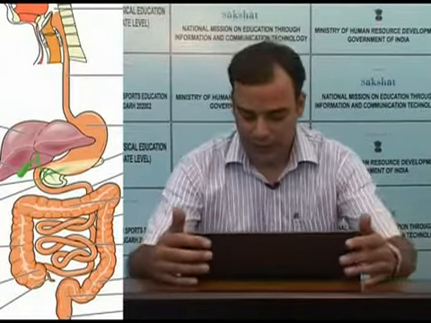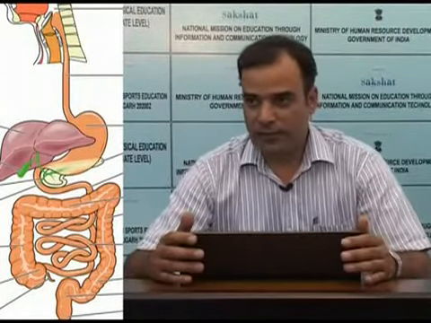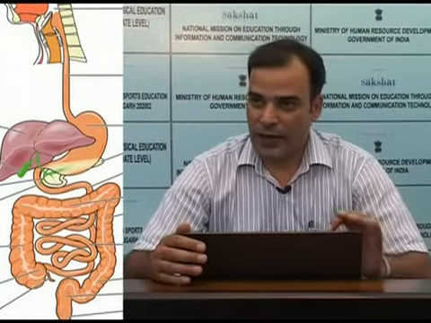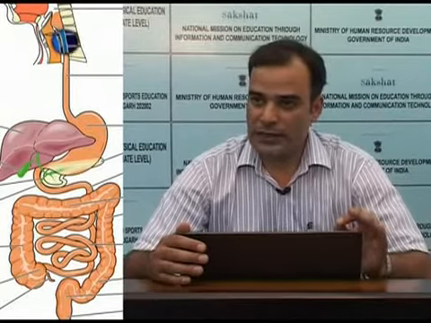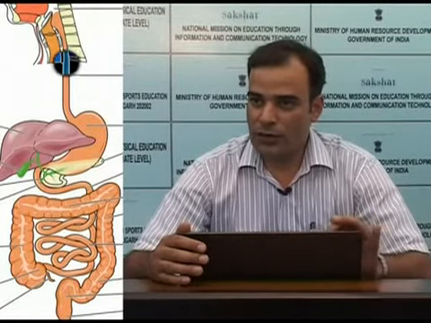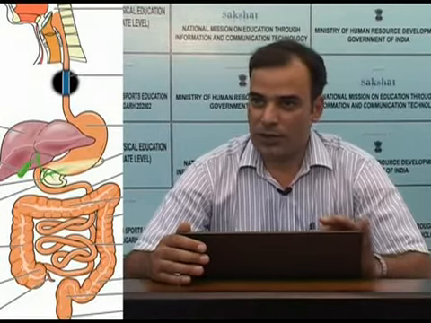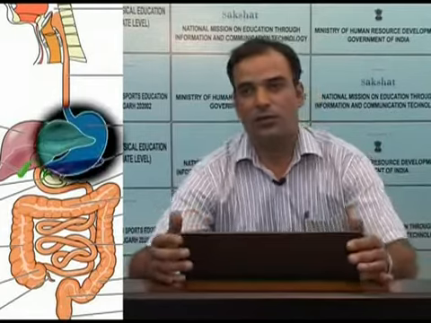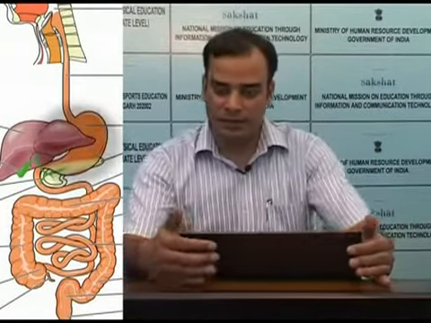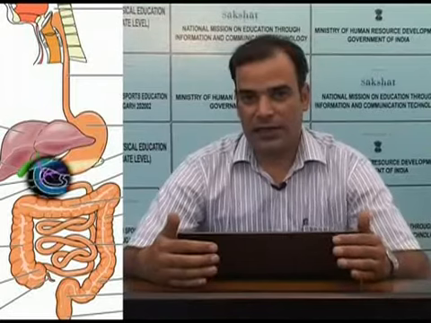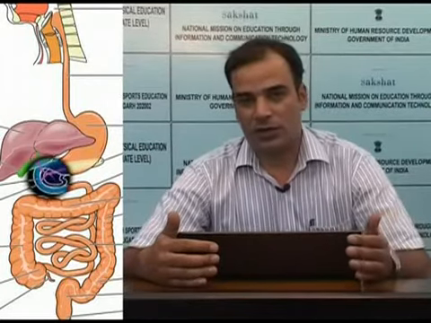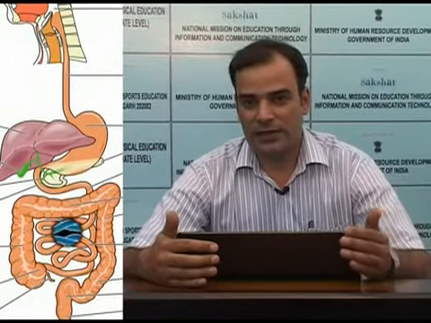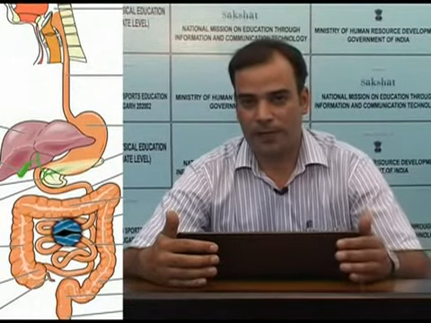In this diagram you can see the digestive system. The alimentary canal or GIT is a long tube starting at the mouth. After the mouth you can see a simple tube going down through the thorax into the abdomen, called the esophagus, then the distended bag-like structure called the stomach. After the stomach, the first part of the intestine, which is in an inverted C-shaped form, is called the duodenum. After the duodenum, the coiled portion you can see is the jejunum and ileum.